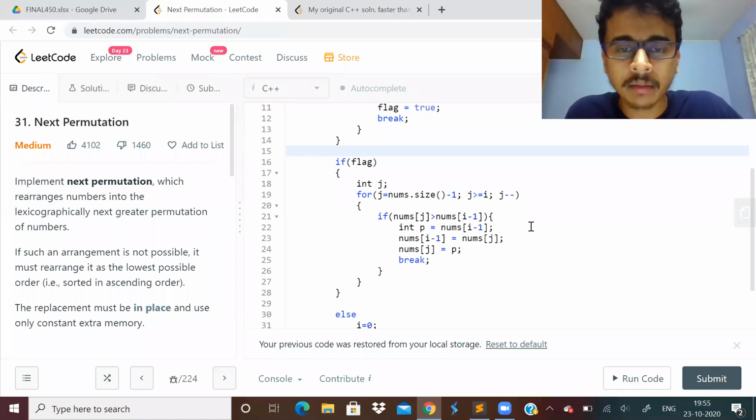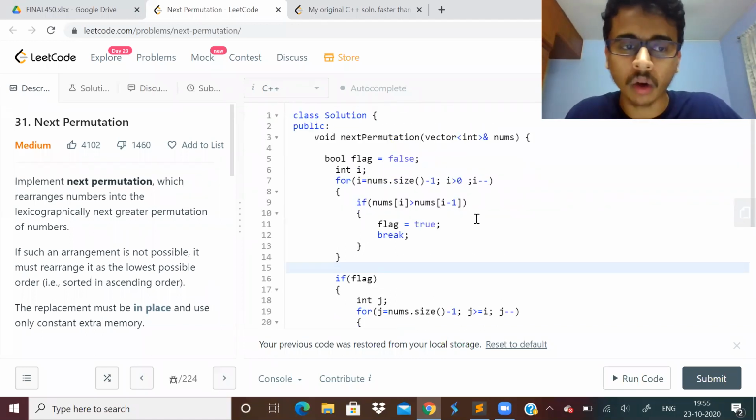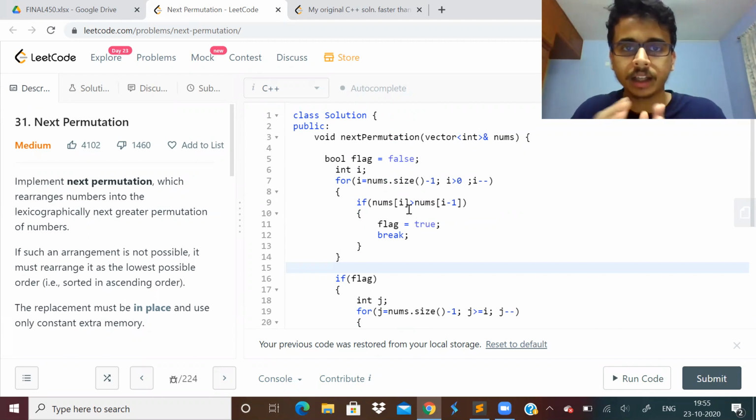To save some time, I wrote the code and I'll tell you what I wrote and how I approached it. I will keep a flag variable, initially false. I will traverse the vector from right to left and check this condition: if an element is greater than its right neighbor, then I set flag to true and break out.